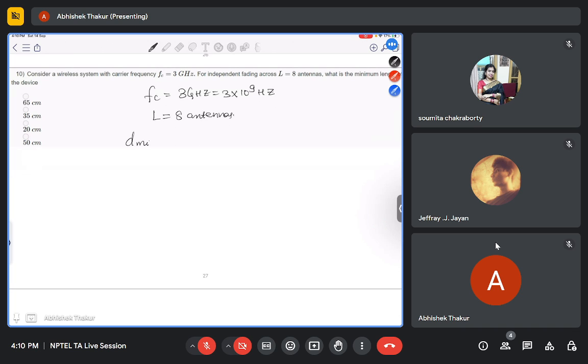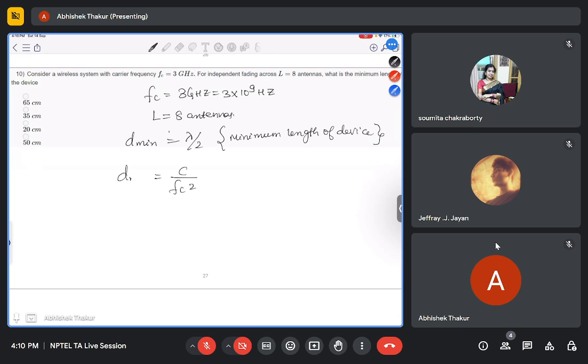So basically D min, the minimum length of device, is equal to lambda by 2. So this is the formula of the minimum length of device. So now lambda we can write it as c by fc